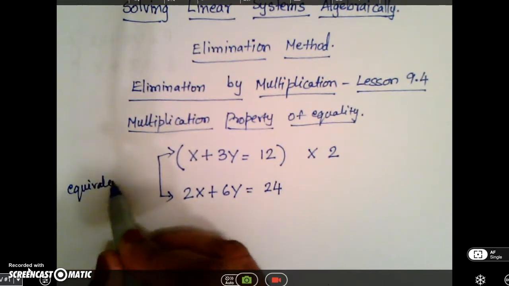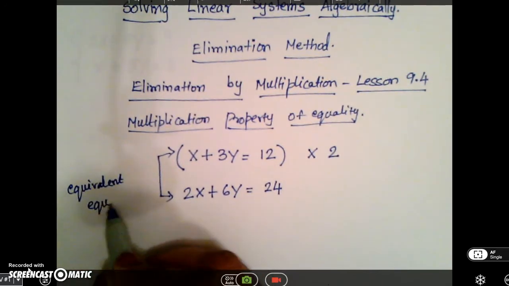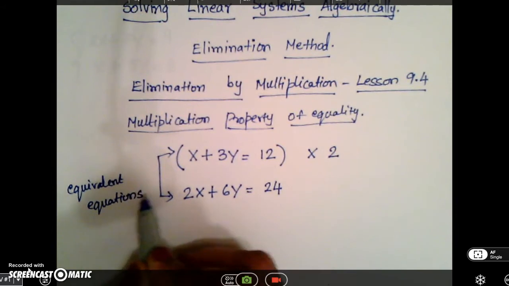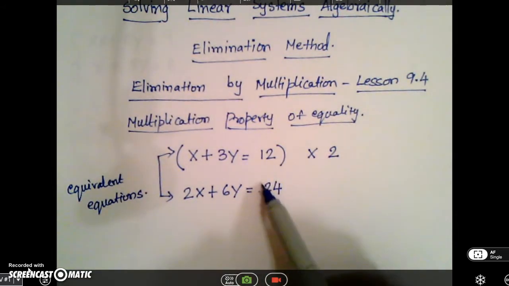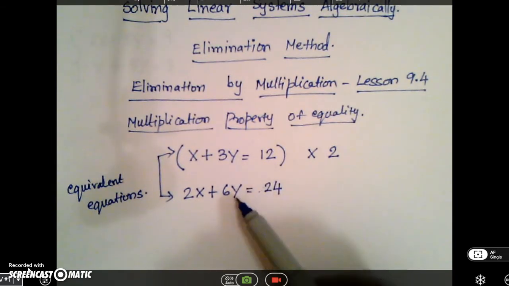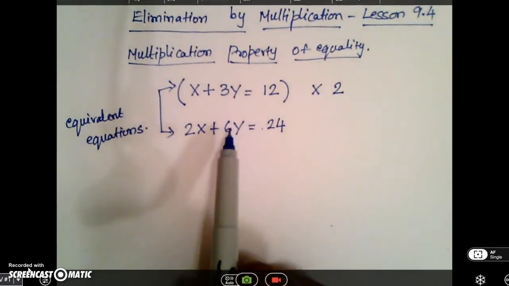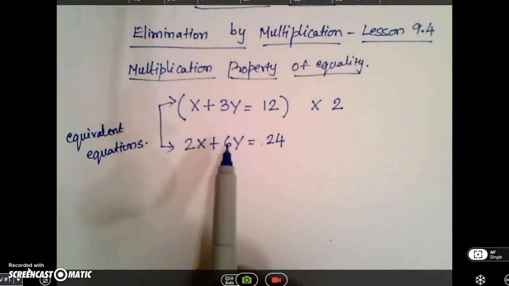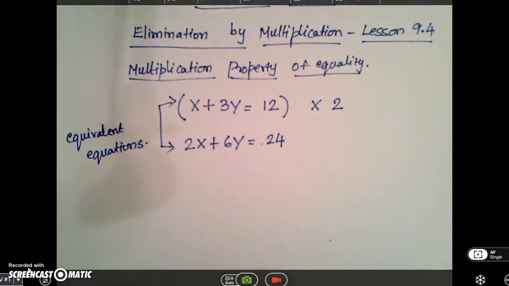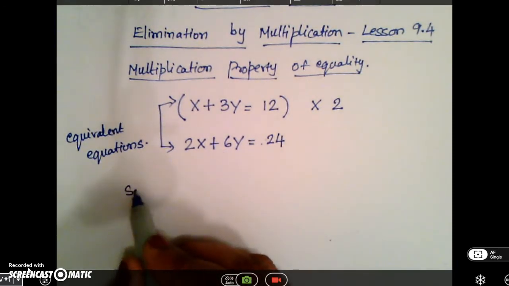It doesn't change the sense of the equation, and this equation and this equation are one and the same. If I graph these two lines, I'll get the same exact line. So it doesn't change the sense of my equation. So this property is what we are going to apply when I solve my system by the elimination method, and the two by multiplication. So solving